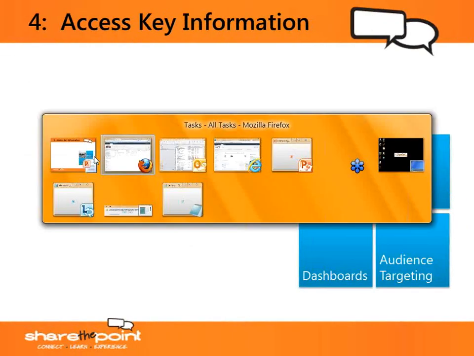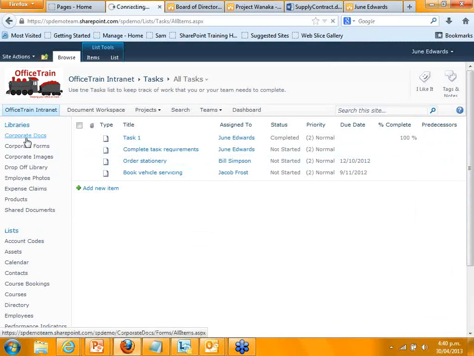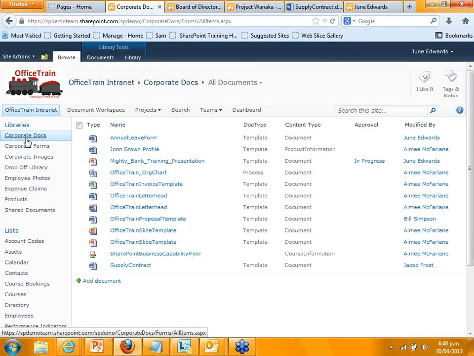So let's take a look at some libraries. I can create lots and lots of different libraries on my site. I could create publicly accessed ones, or in this case, because I'm on the intranet, I can create ones just for people in my organisation to use. I might want to create a few different libraries because I might want to change permissions. For example, I might have management documents that are only able for the whole library to be accessed by managers. And then I might have ones that the whole organisation can access. Now you can see here I've got Word documents, PowerPoint, Excel, all within the same library.